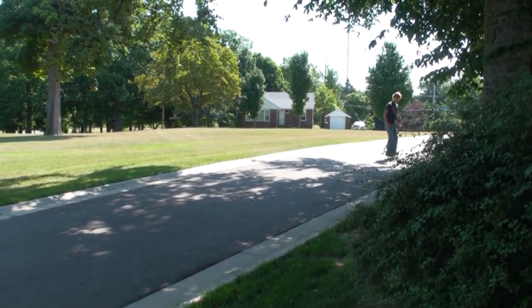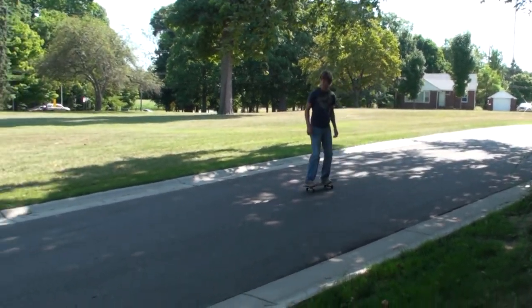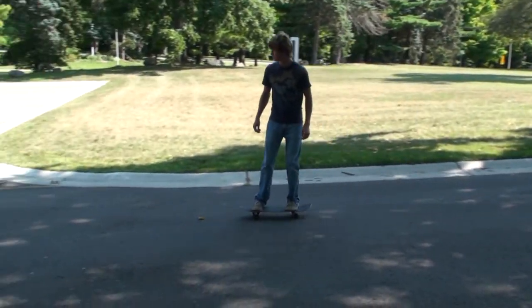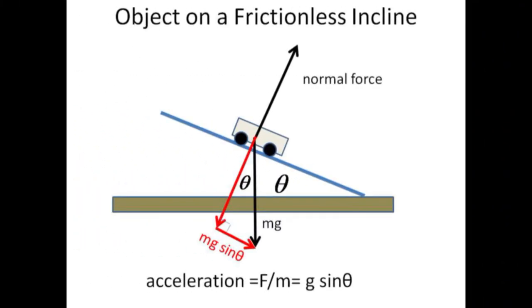An object on a frictionless, inclined plane is assumed to undergo constant acceleration. In the absence of friction, there are two forces acting on the object. Gravity pulls straight down, and the normal force is exerted by the inclined plane perpendicular to its surface. Gravity may be resolved into two components, a component counteracting the normal force, and a component accelerating the object down